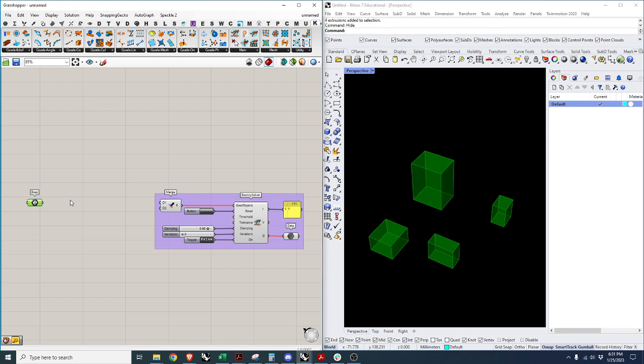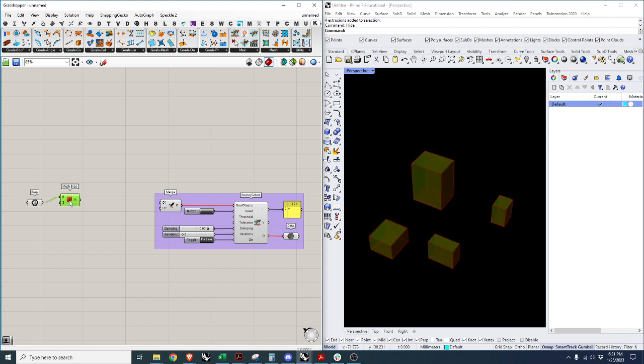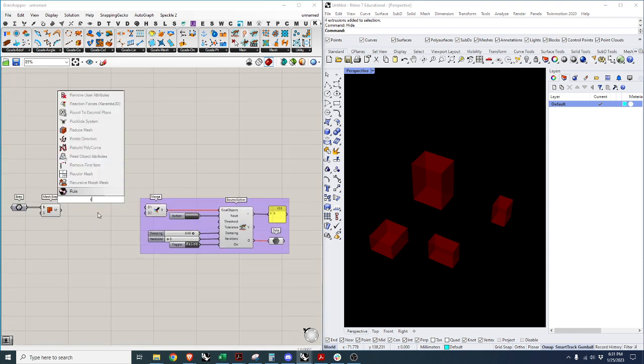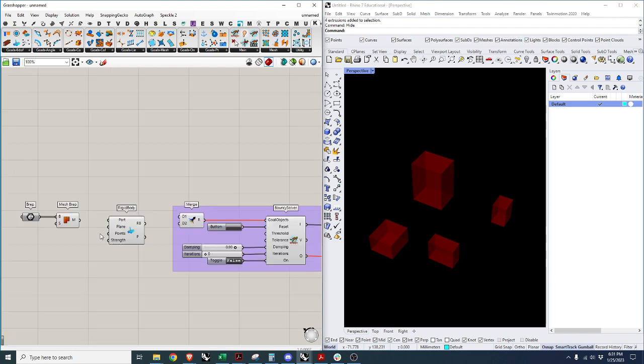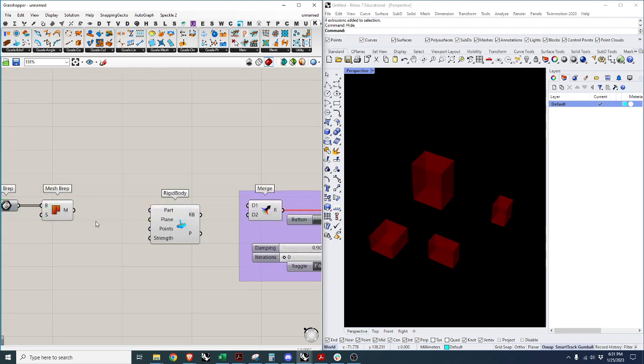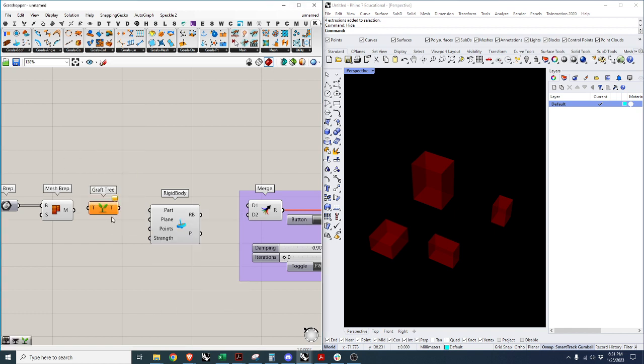And then once you bring it in, I'm going to turn this into a mesh brep, just because it makes it easier to work with the components in Kangaroo. And then what I'm going to use here is actually called rigid body. Okay, and then because I have multiple cubes, I am going to use graft. So you can also graft it here, but just to keep things clean and data organized, I'm just going to use this component here, bring this into part,